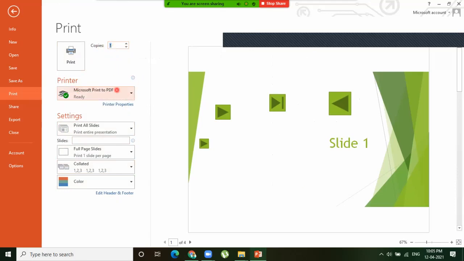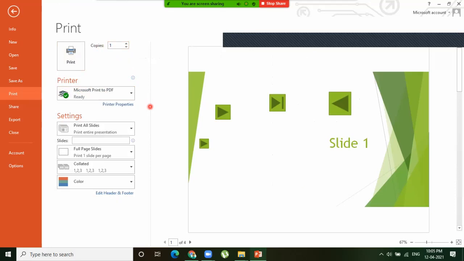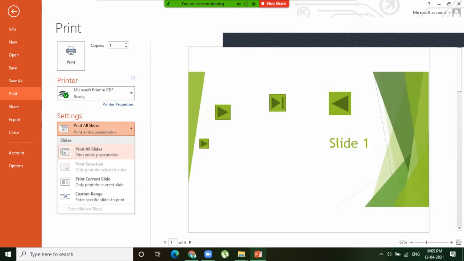The next one is printer. So the printer which is connected to your computer, you can choose from here. And here settings, below the settings, if you see, there is print all slides. If you want to take the printout of all the slides, you can choose this option. And print current slide. So whatever slide is selected,